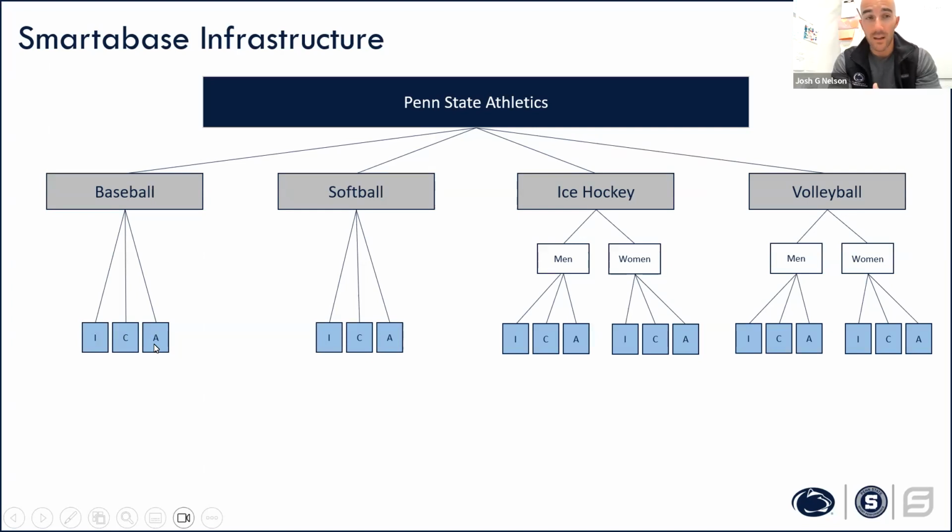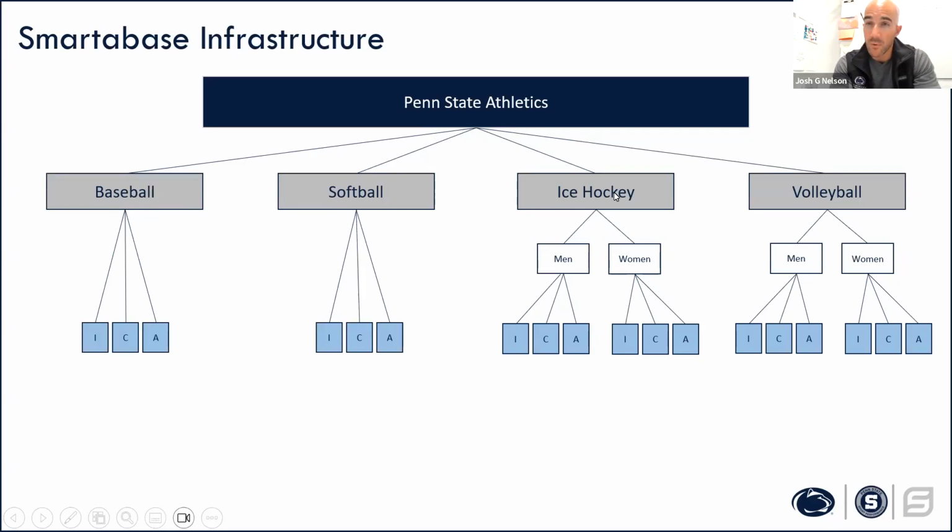So when an athlete graduates, leaves school and goes to a professional organization, or transfers, to keep their information and data secure, but also to maintain the fidelity of that information, if we need to recall it quickly, we will move them from current to archived. Now, over time, for certain sports that have a professional league, and maybe we have an athlete that comes back and trains with us, we may create a P category for professional athletes. That may be an intermediary between current and archived, but we do not have that set up in the system yet. So in this case, you have baseball and softball, analogous sports, men and women's sides, but different names. So this is how we have it set up now.